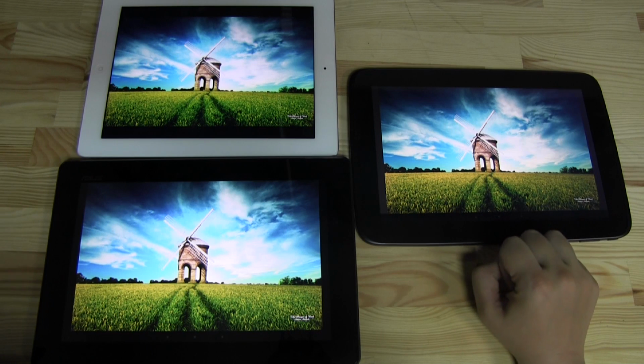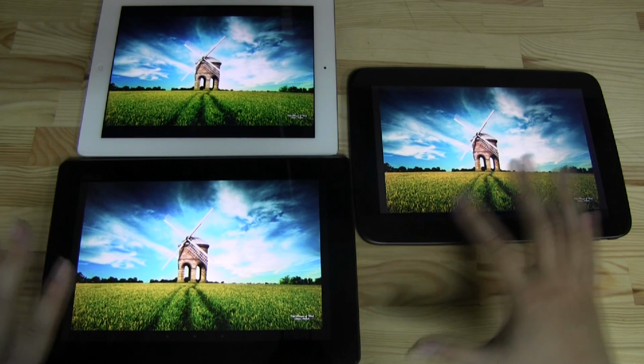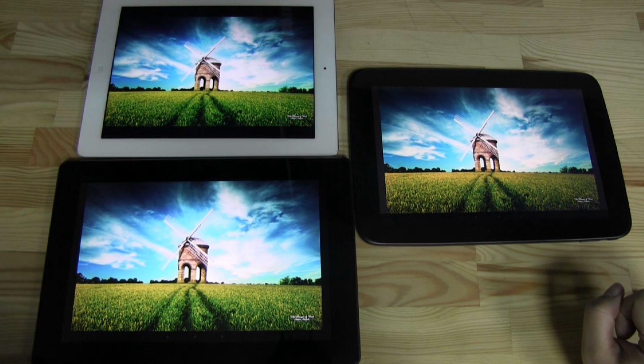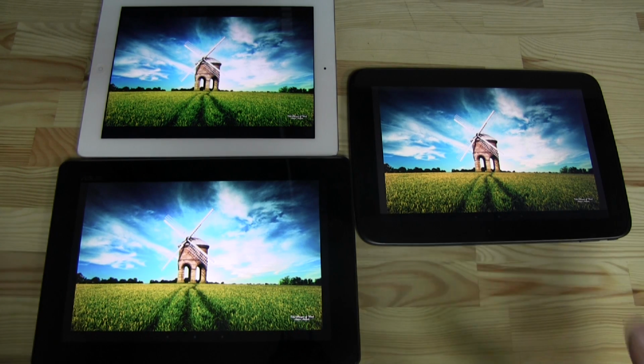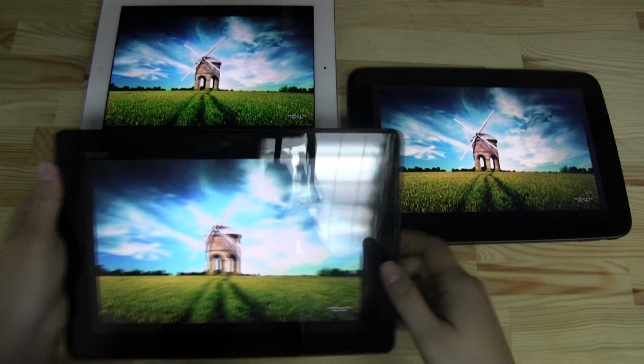This one looks a little bit less washed out with the white there. But overall, I'm not going to get too crazy about the minutiae of display. I know there are some other bloggers out there that could go to task for 20 minutes on this one subject. So if we keep on looking at the tablets, what's on the front, so they each have a front-facing